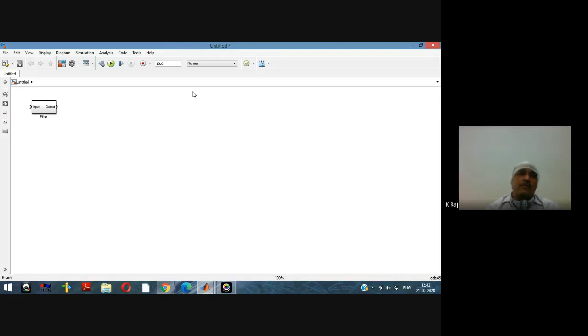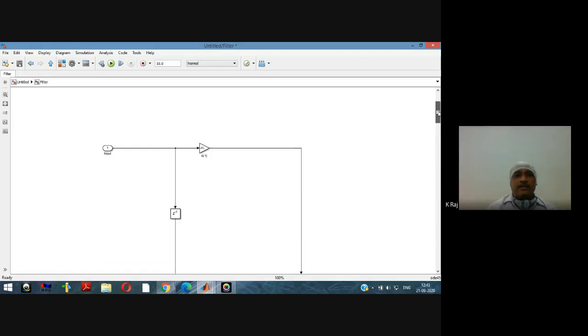After taking some time, we will get this block diagram, having the input and the output, that describes the filter. If we are interested in seeing the filter architecture, now see here, this is the filter. Now you can apply the input and get the output, and this filter can be used in any block diagram or in any model, and it is your designed filter. And now if we are interested in seeing the architecture, we will double click on that block, and we will get the architecture of the filter.